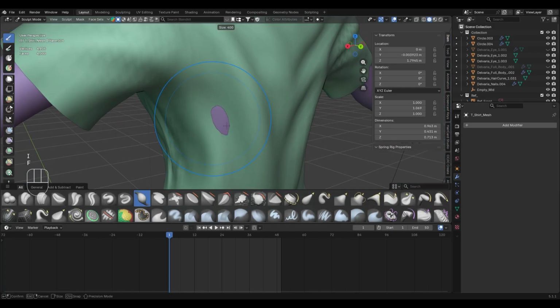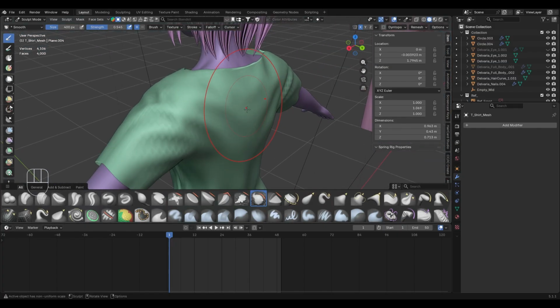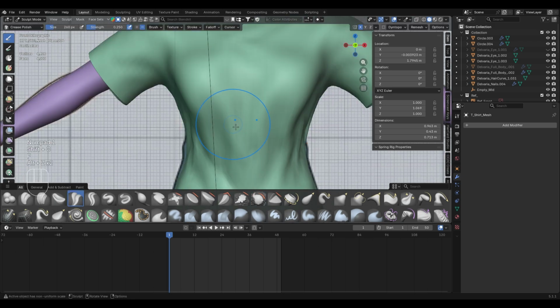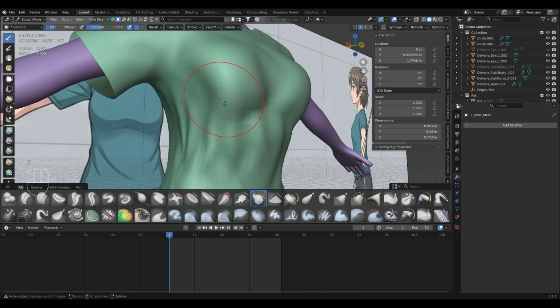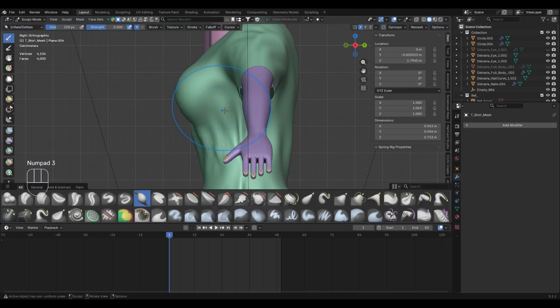Let's get those out. Okay, let's do the chest part. Smooth. Just to match,